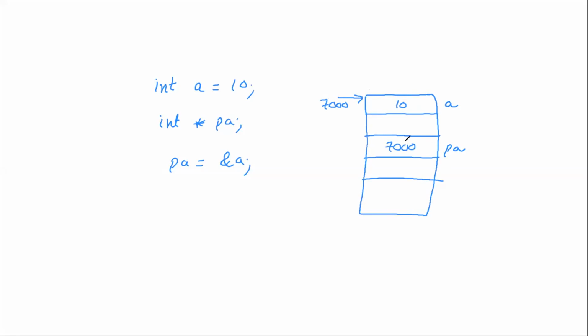Okay, so the last thing I need to tell you for today is that if I want to print the value of A, I know there is a very easy way. I can simply write cout A, and this will print 10 on the screen. Okay, but now we want to do something better than that. What do we want to do? We want to print this value 10, but not using cout A, but using this variable PA. It means that somehow using this PA, I need to print this value 10.